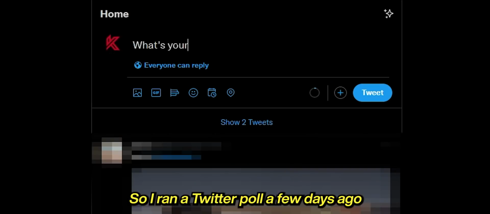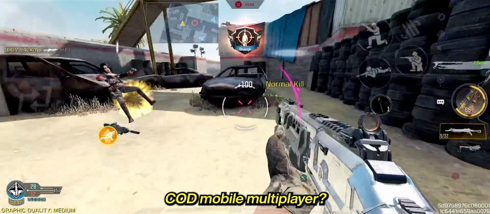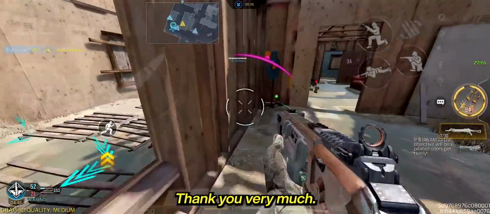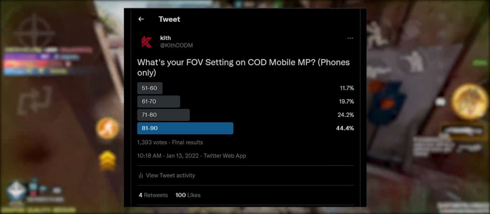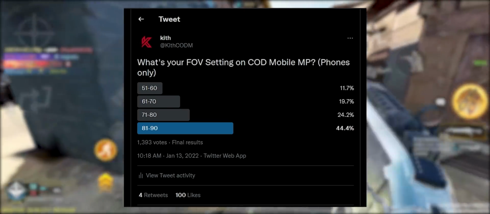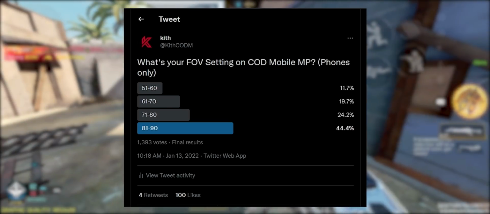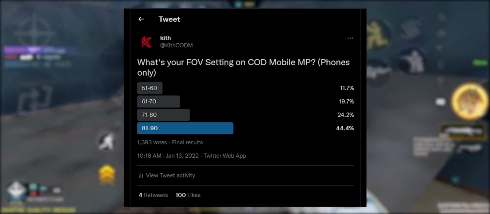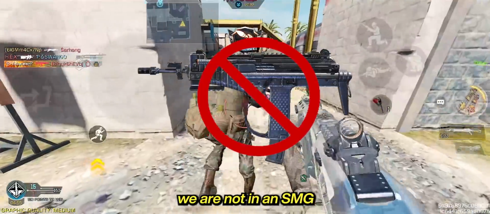So I ran a Twitter poll a few days ago asking gamers, what's your FOV setting on COD Mobile multiplayer? And if you were the ones who participated, thank you very much, and look at the results. We got 51 to 60 at 11.7%, 61 to 70 at 19.7%, 71 to 80 at 24.2%, and lastly 81 to 90 taking the majority at 44.4%, which is surprising to see as we are not in an SMG or